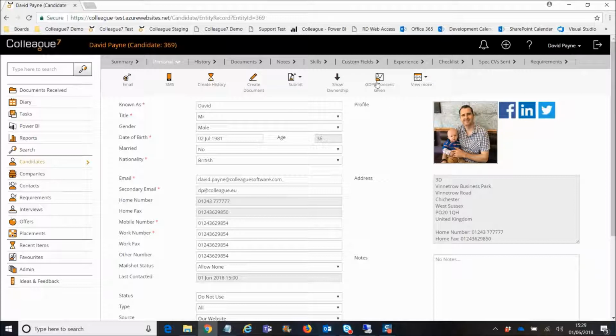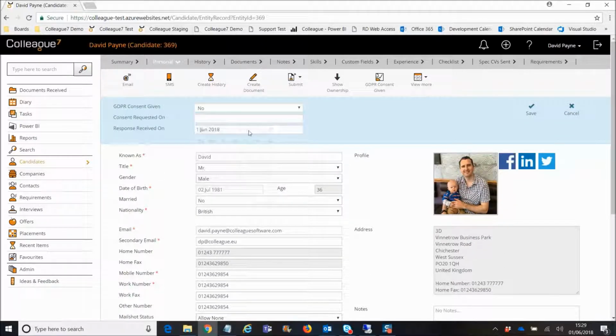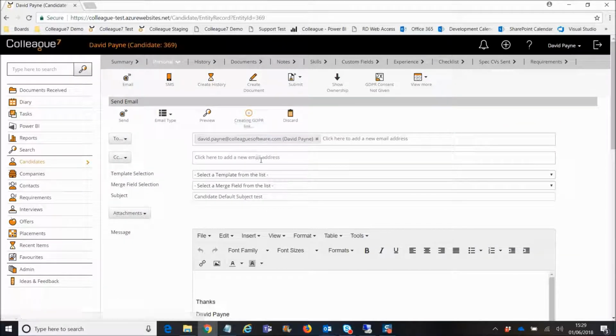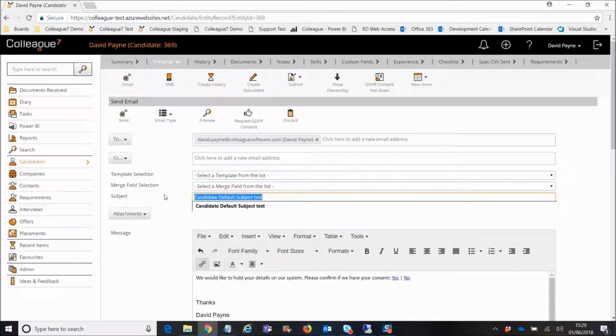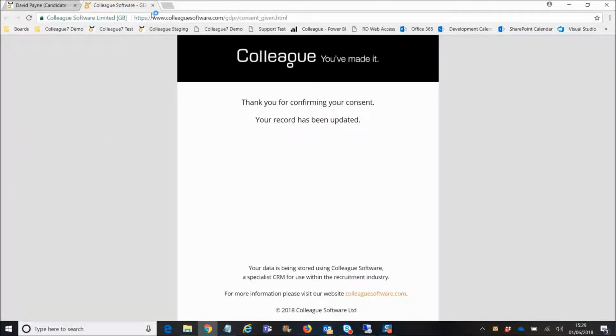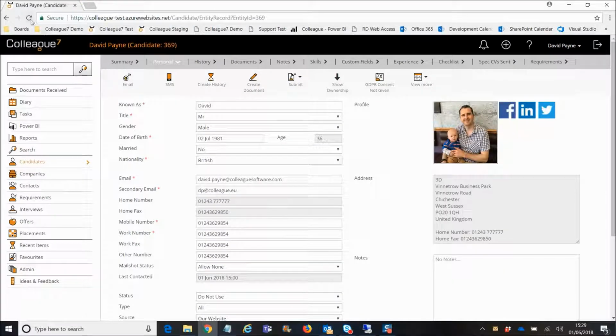If we wanted to switch this up, let's remove that consent and then email, and we'll request consent instead. So this is GDPR test, and then we'll send that consent request. Sorry, that's off screen, but I've received that email and I'm just clicking yes now. That's just taken me to the landing page. And then if I refresh this record,